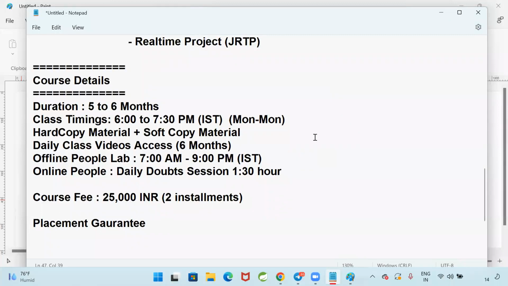Right? So there are so many loopholes in IT. I will tell you that. Right. You need not worry about your backlogs, your graduation, your specialization, or your percentages.